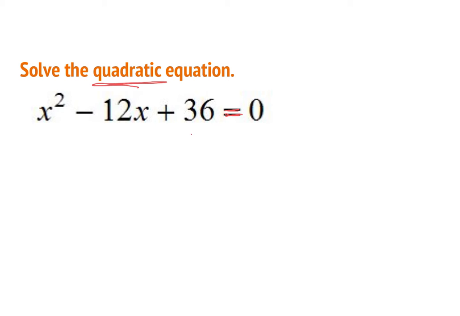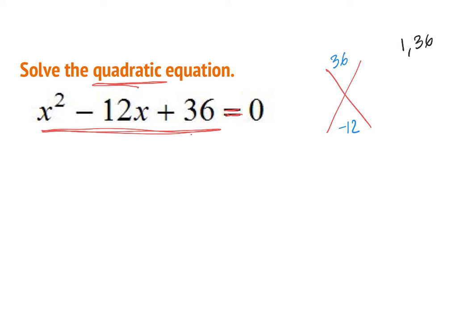So first, I am just going to ignore this equals 0 part, and I am just going to focus on the x squared minus 12x plus 36. I will factor this just like I've been doing in my previous lesson videos. So I am going to set up my magic x. My leading coefficient times my constant would be 1 times 36, which is just 36, and my b term is negative 12. I am going to list factors of 36, so that'll be 1 times 36, 2 times